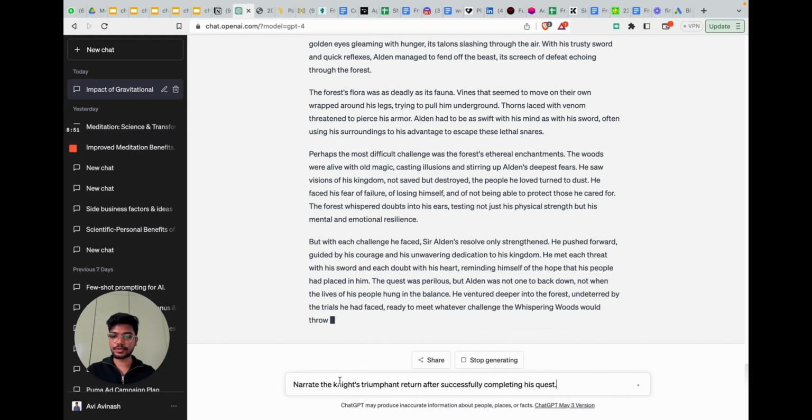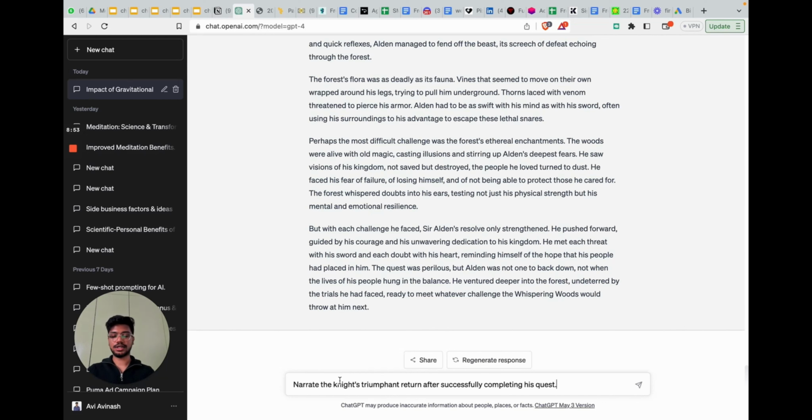If you are a book writer, you would obviously know the way you need to write this. If you are not a book writer, you can pretty much ask ChatGPT itself: I have this book idea, how do I write it, how do I divide it into chapters, how do I write a prompt? That can be your meta prompt, and then it will create a mega prompt from the small prompt you gave.